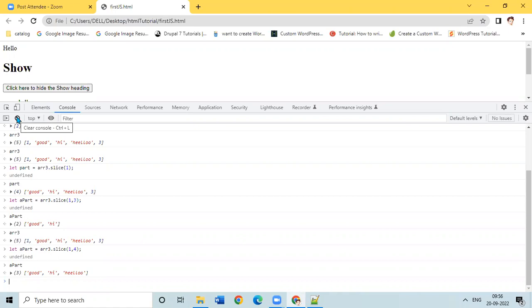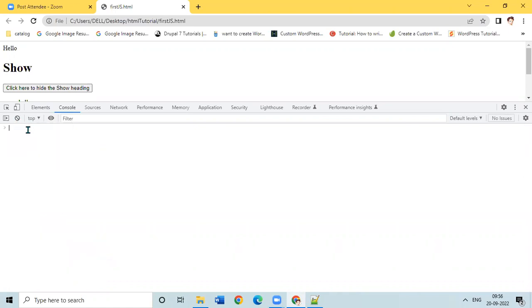Suppose I want to convert an array into a string. So I have this array, right, part. Now I want to convert